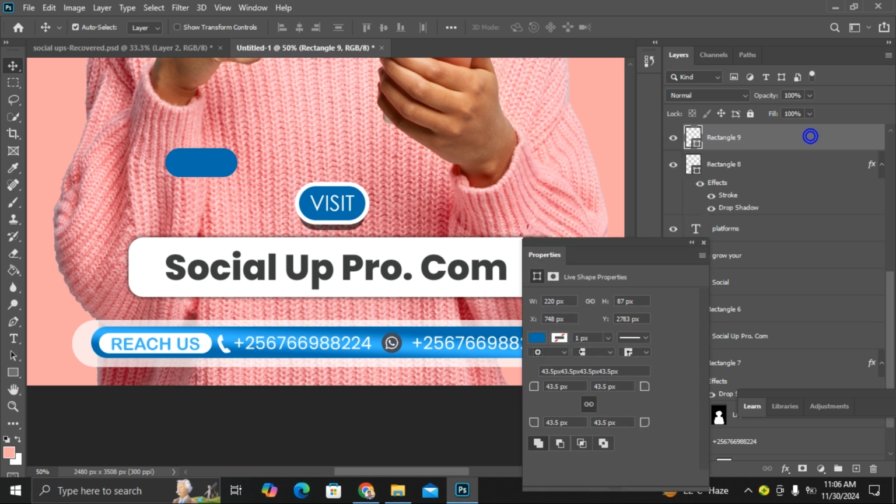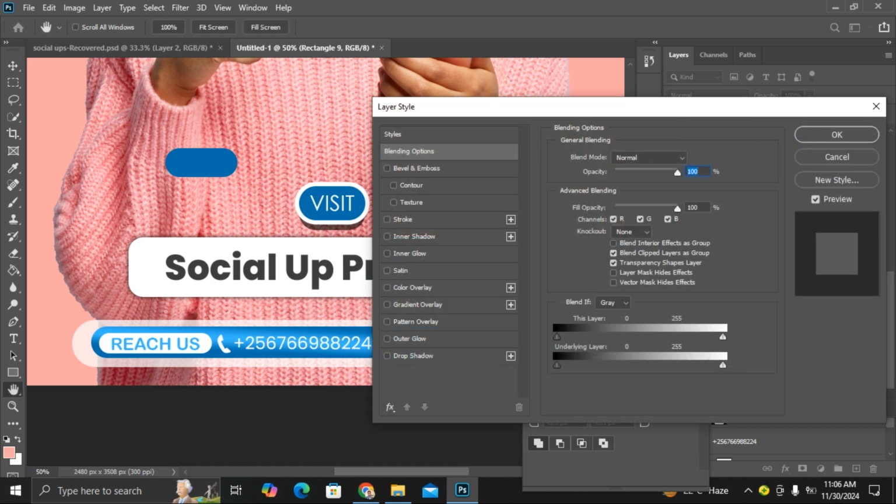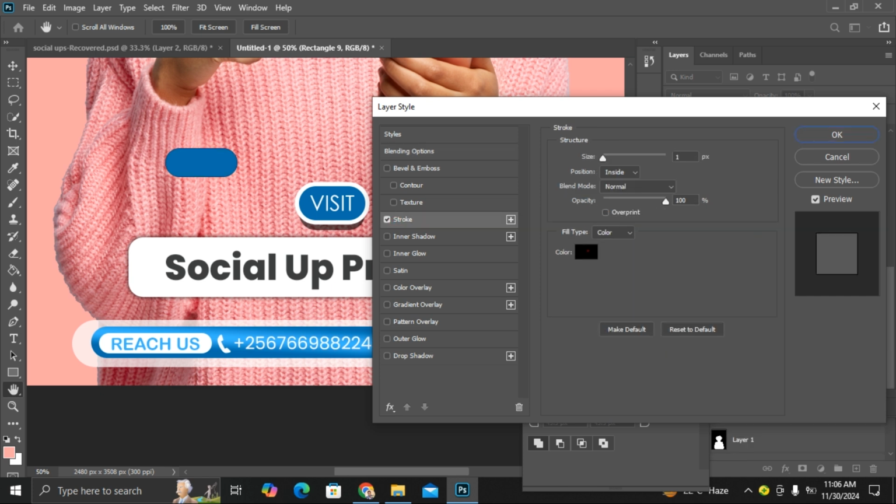You can just double click the layer, come here and create a shape and put a stroke depending on which color you want. It can be white, and you increase the size. You put it out and increase the size of the one you want, to give it that bulb,